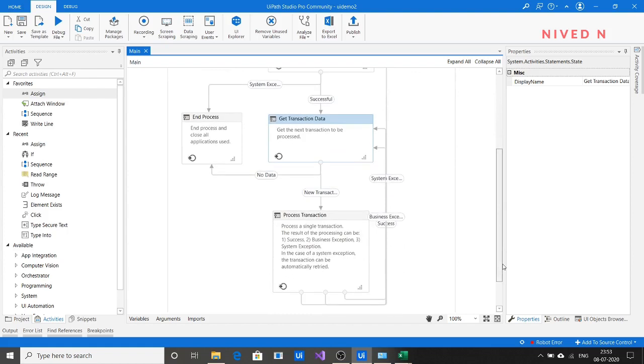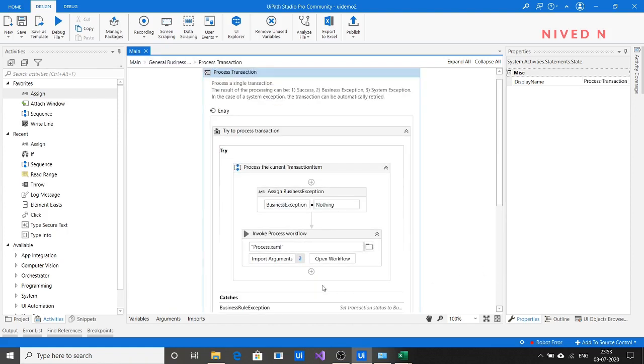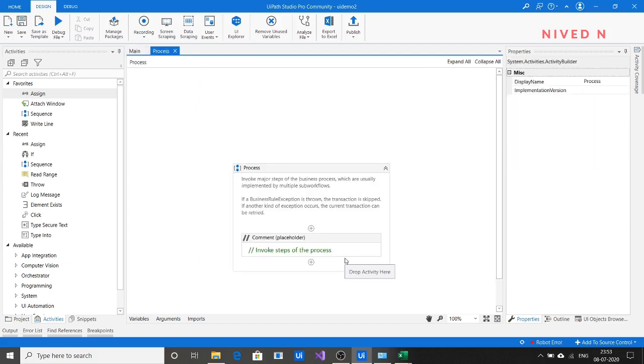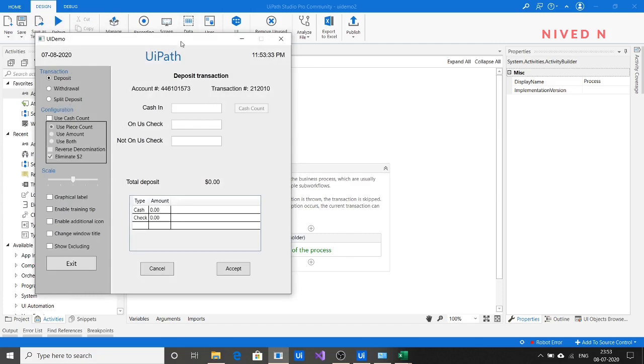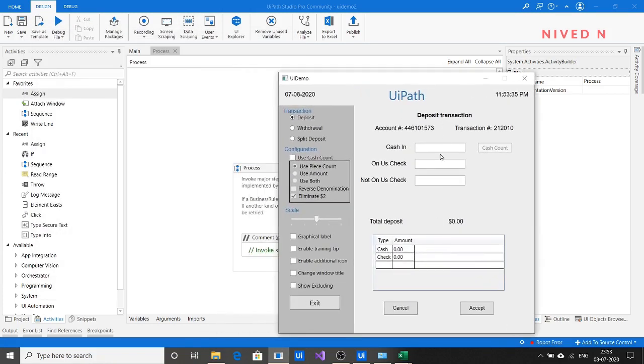So next we have to go to the real process where the automation is actually happening, that is process transaction. So in process transaction, using this transaction data, what we have to do, just open this UI demo application for demonstration. Okay, so your main aim is you want to take the transaction data and input the values into the corresponding fields.